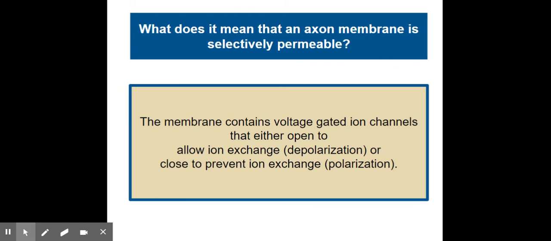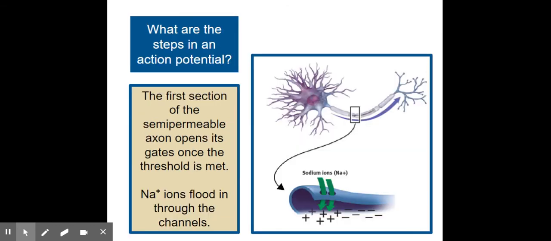When ions are being exchanged, this is called depolarization. All right. Depolarization. Now, when these permeable holes are closed, that is called polarization. All right, what we're doing is when we're creating a polarized condition, we're preventing ion exchange. All right, let's take a closer look at that. Okay, in this case, the first section of semi-permeable holes in the axon will open its gates. All right, once the threshold is met,